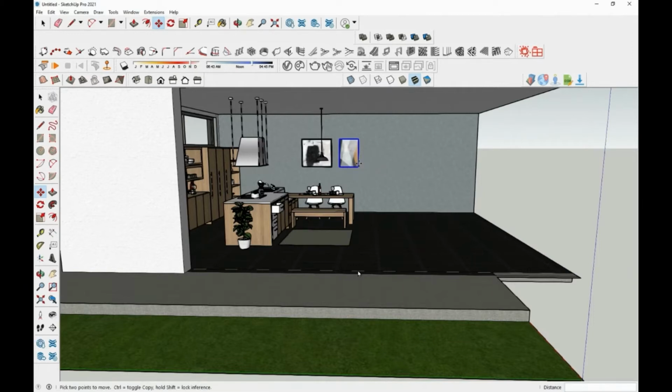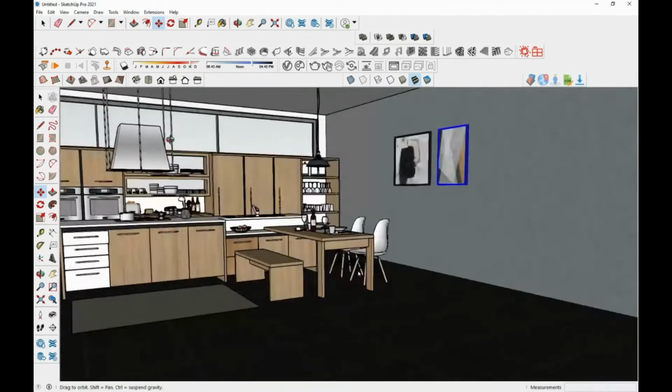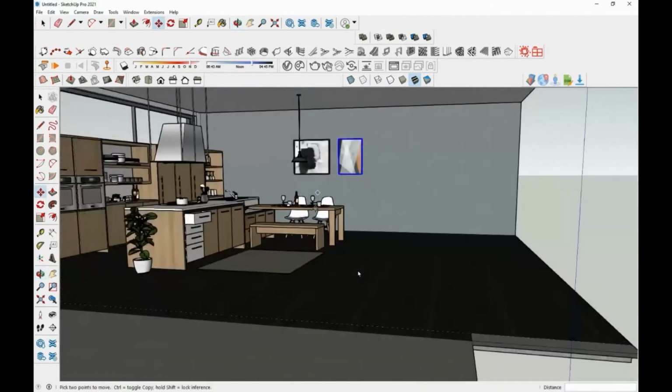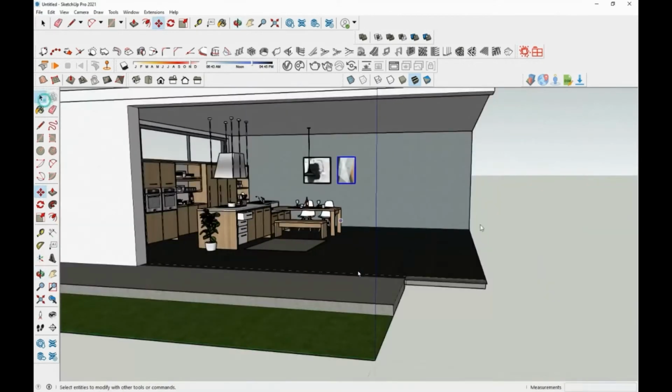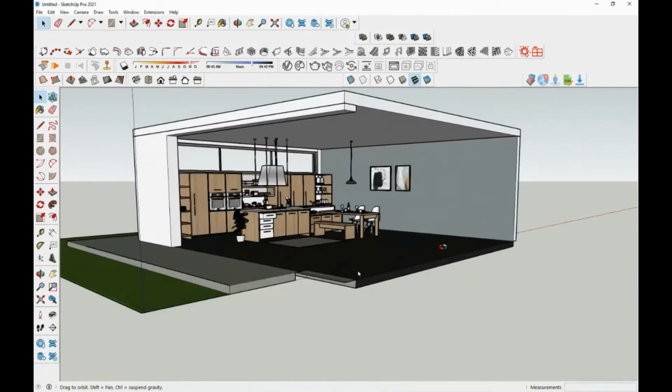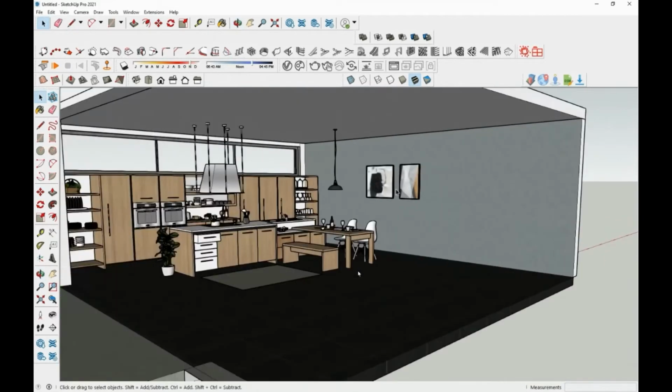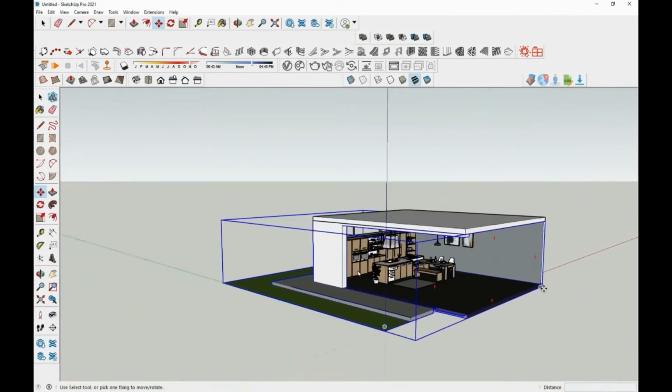So the same thing you can do with locking the red axis and green axis also. So of course, this kind of locking axis will help in case of large models. Though you can avoid the multiple movements of camera to place your objects.